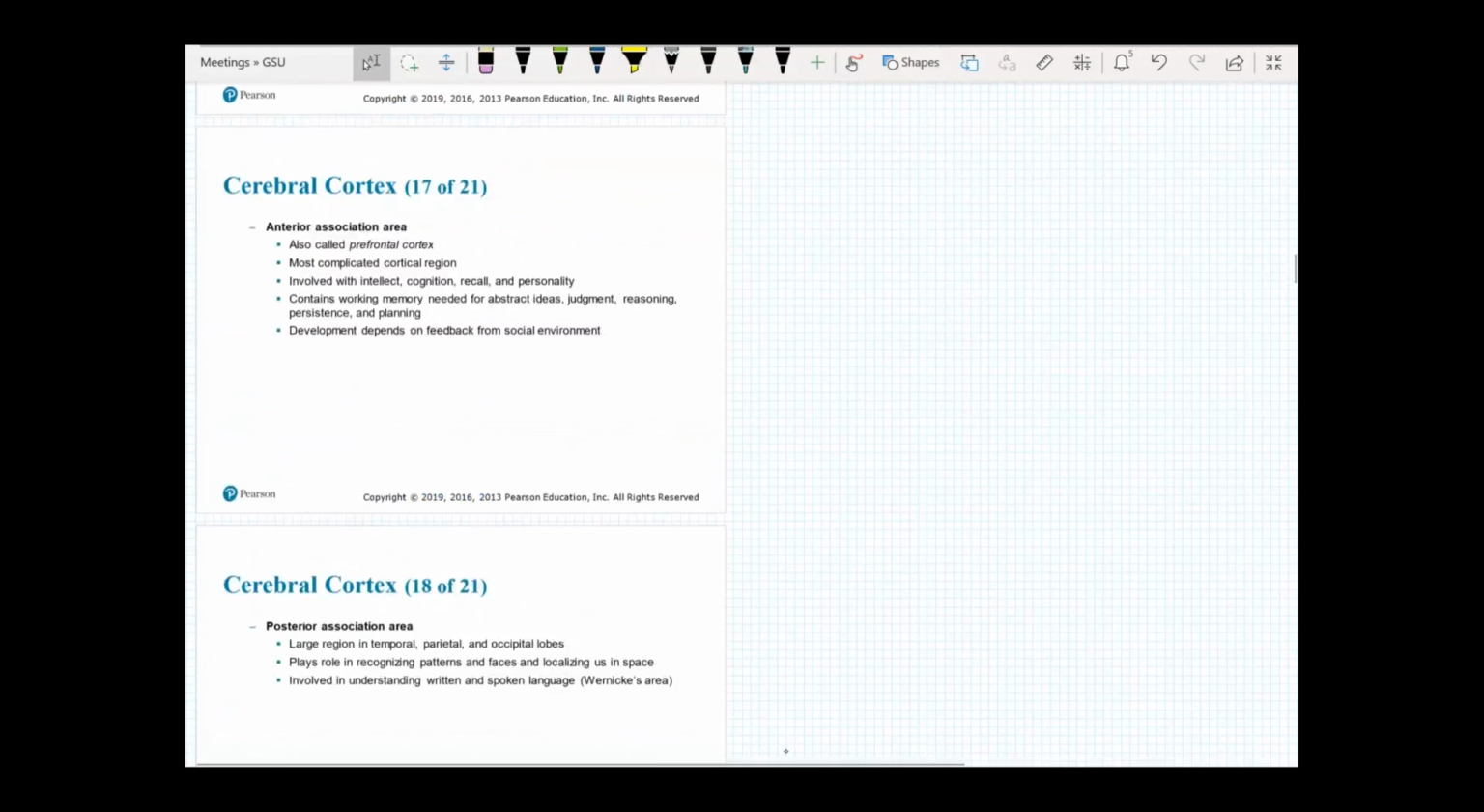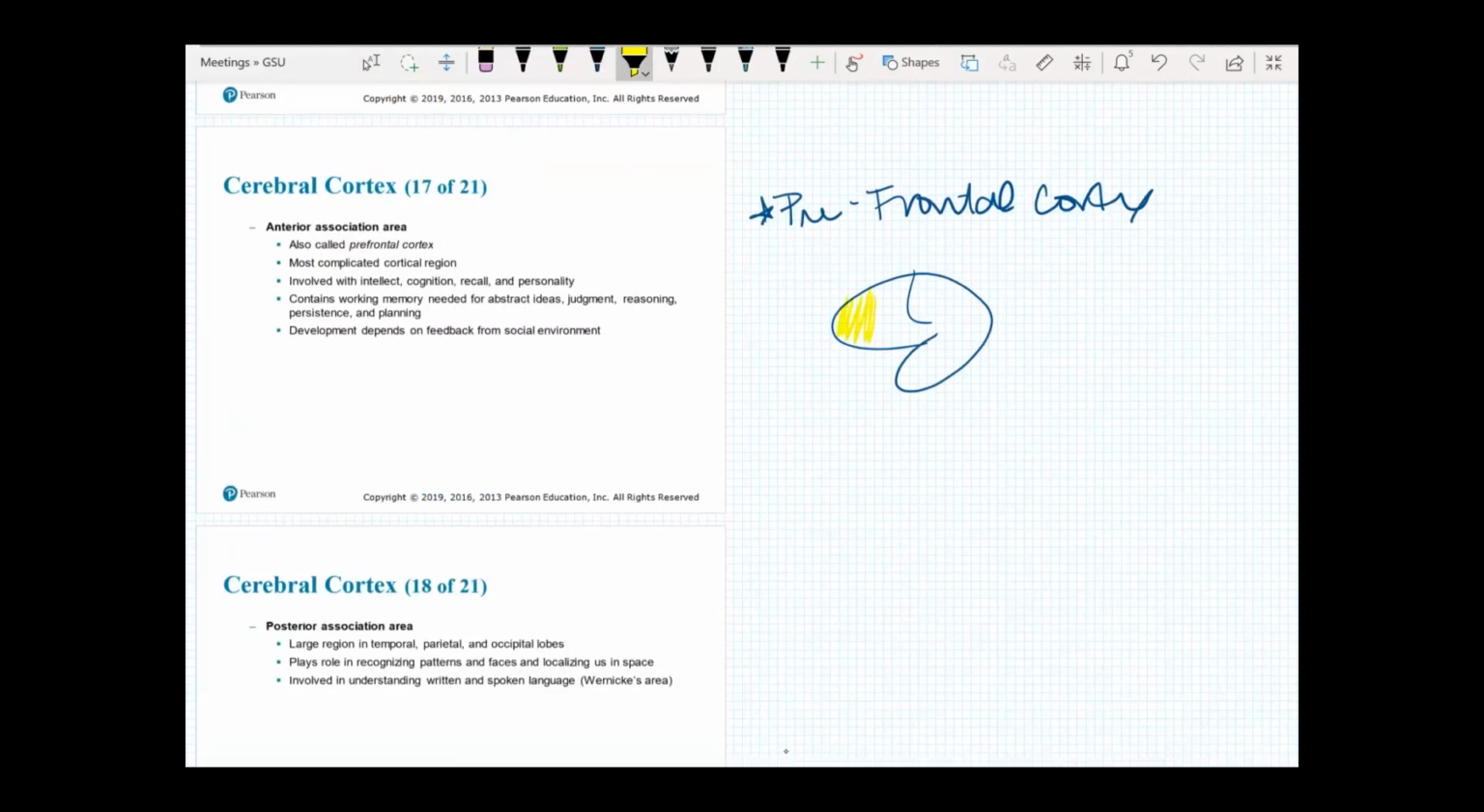This is primarily going to be called the prefrontal cortex. So if you've heard the prefrontal cortex, this is now also being called the anterior association area. I like the prefrontal cortex still. So basically what we're saying is that this front half of the brain right here is our most complicated cortical region. This is where we will have our intellect, our personality, our reasoning,